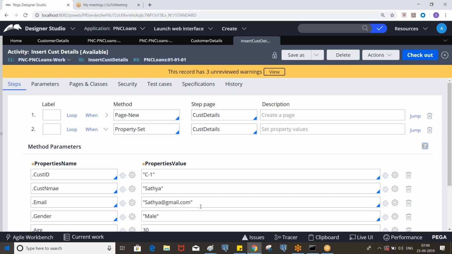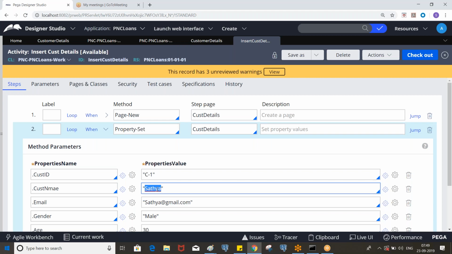Yes, pyWorkPage, right? So here, instead of hard coding the value, you can put pyWorkPage.FirstName. Whatever value we have for the first name on pyWorkPage, that value will be assigned to this property at runtime. That means if we specify a property, that property's value will be assigned to this property. You need to understand that.